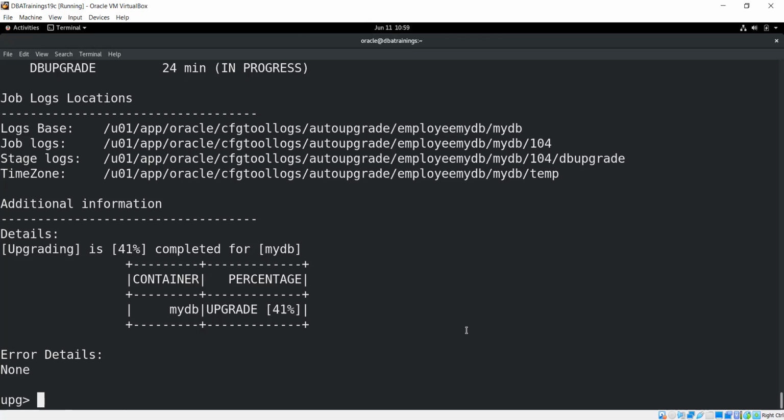See, the auto upgrade, once the signal has gone... Exiting is not a good practice, because whenever the upgrade is happening, if any bugs or issues come, we have to take care of that. Otherwise, you have to restart again. If some error is showing here, we can resolve it immediately. But yes, with nohup, if it is running in the background, then you can exit it. As a DBA, we always prefer nohup. Am I correct? Go to the cafeteria, enjoy those days. You all are missing that or not?